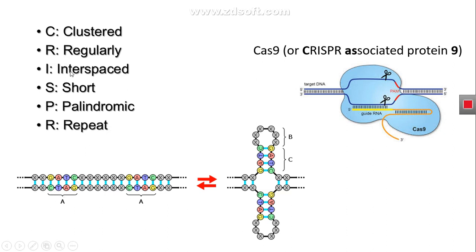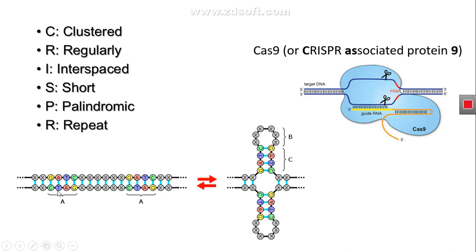As the name implies, CRISPR sequences are clustered regularly interspaced short palindromic repeats. What are these palindromic repeats? Actually, palindromic sequences are short nucleotide base pair sequences that can be read in the same way from forward to backward. For example, if we have GATC 5 prime to 3 prime, we can read it as GATC in the same way from 3 to 5 prime.